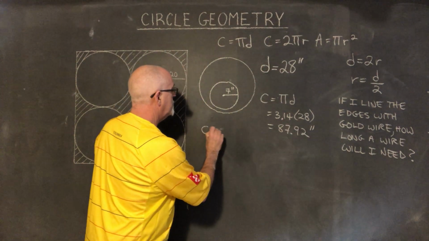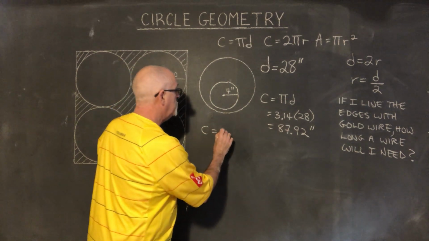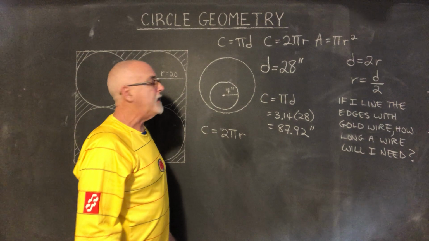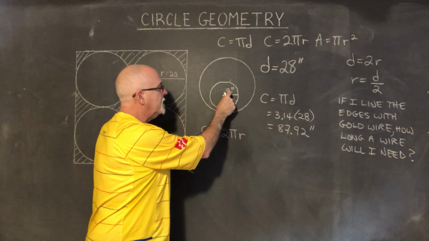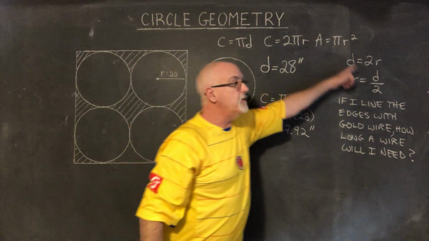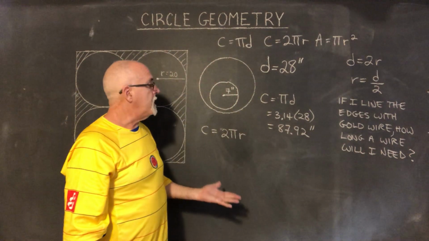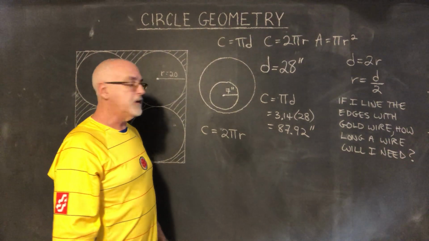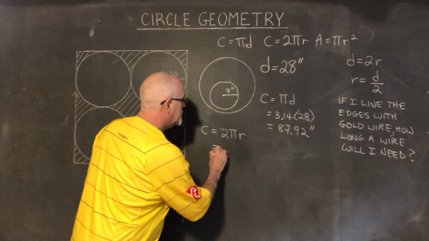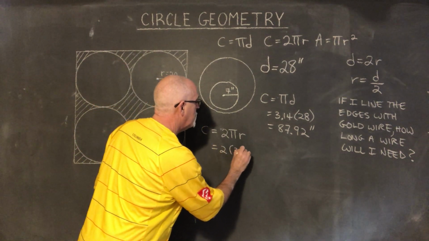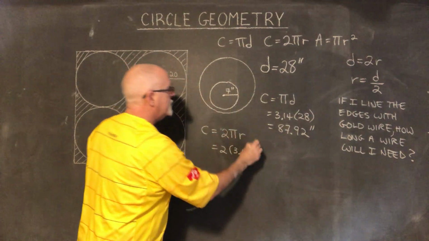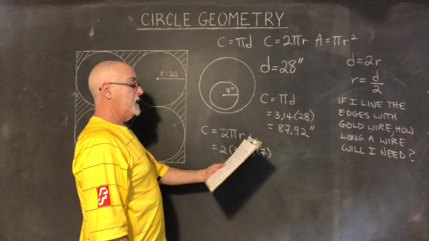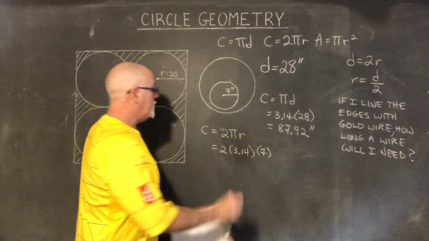The circumference, but this time I'm using circumference equals 2 pi r, because for the smaller circle, they gave me the radius. Now, of course, I know how I can very quickly turn that 7-inch radius into a 14-inch diameter, and I could use this version of the formula if I want. But I like using both versions of the formula so that I practice both of them. So we have 2 times pi, which is 3.14, times the radius, which is the 7, and that is giving me 43.96